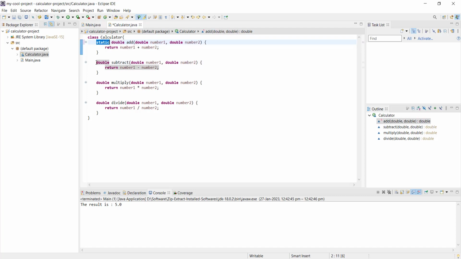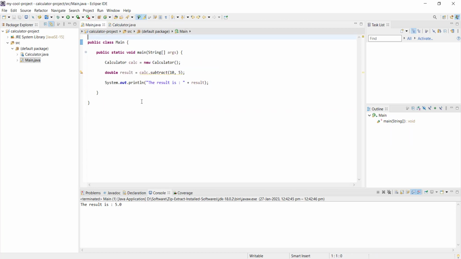Copy this keyword. Now this particular line is not necessary at all. So we can comment it out and we can directly invoke the static method using the